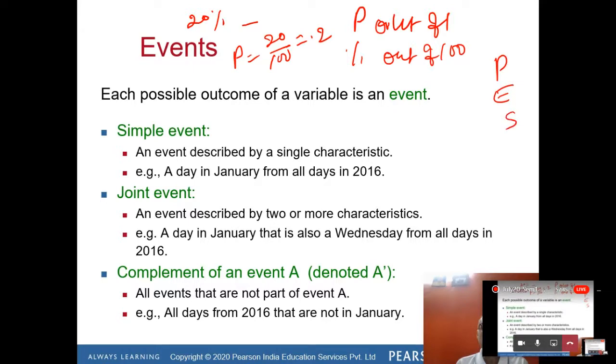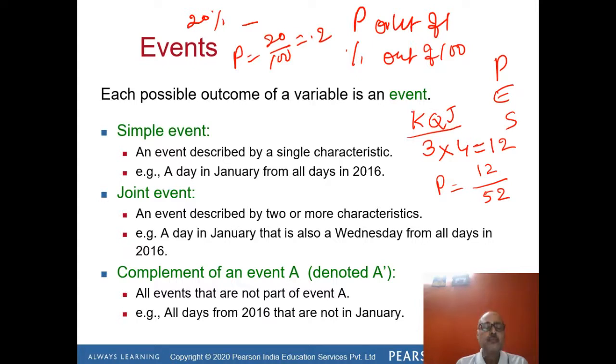I have already given an assignment: what is the probability of getting court cards from the total playing cards? All of you know court cards are king, queen, and jack, and there are 4 different types of cards. So how many total court cards are there? 3 into 4, 4 different colors and 3 cards, so 3 into 4 means the total court cards in the basket of all the playing cards is 12. The total number of cards is 52. So 12 by 52 is the probability of getting a court card from the total playing cards.